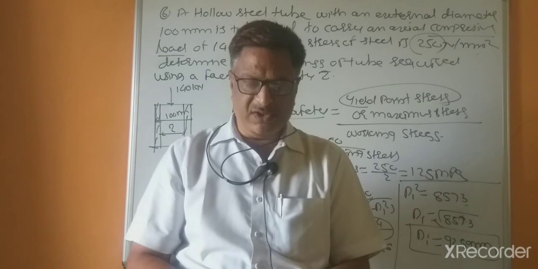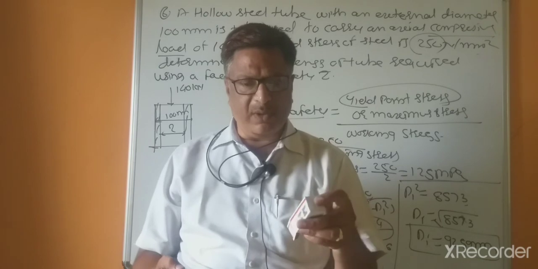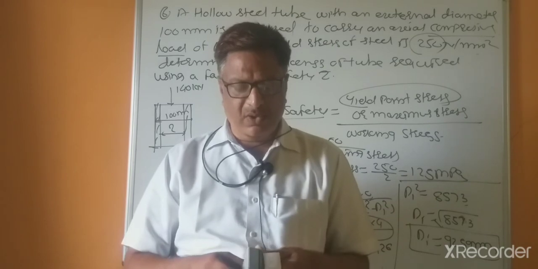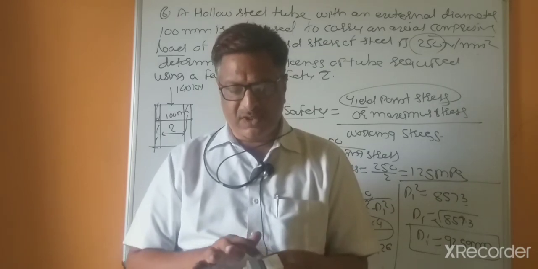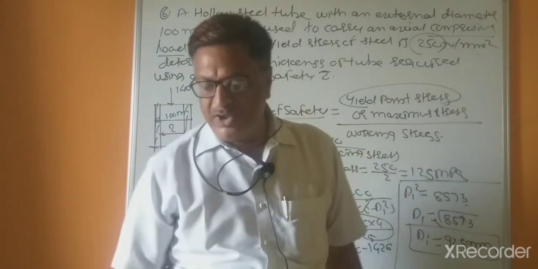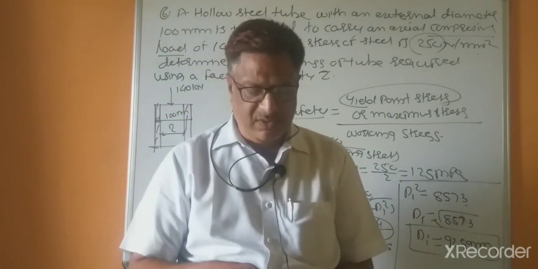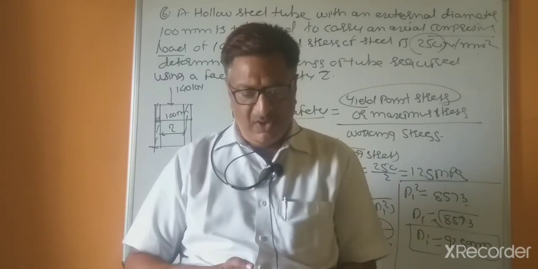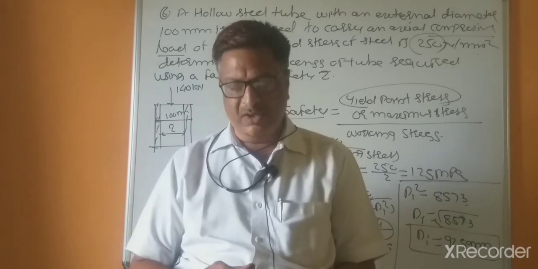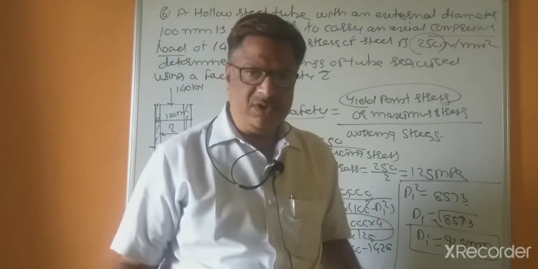Suppose these are the two materials, with the same length, and we apply a force. Individually, one would have more elongation and the other less elongation under the same force. But when the two are bonded together, what is the effect? Because they are bonded, the change in length, delta L, is equal for both. The expansion of one is prevented, while the other is made to expand more because of the force acting. We will see this effect in the next class, in tomorrow's class.